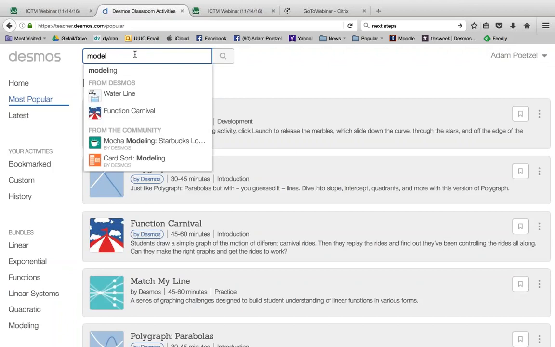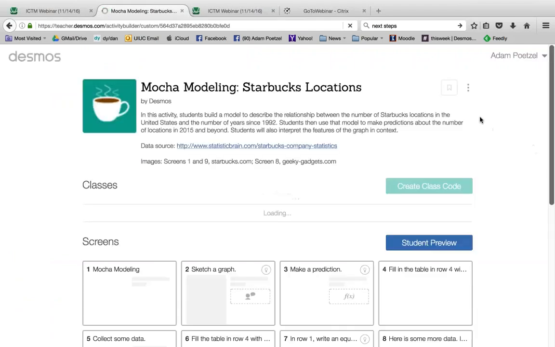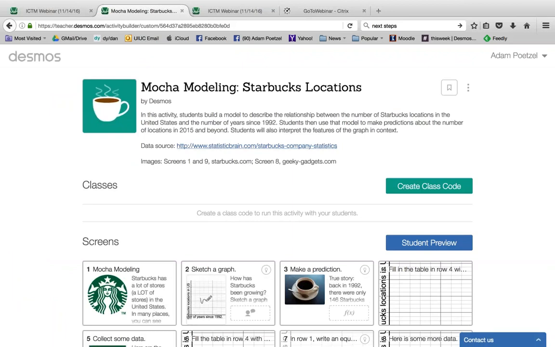Let's just say, for example, I was looking at a modeling activity, and here's one called Mocha Modeling. I previewed it. It looks pretty good. There's a few things I want to change. Really important here, in the top right, in the ... menu, Sendel, is there a name for that menu? I don't know, but I would call it ellipsis. Yes, the ... menu. When you click on the ... menu,